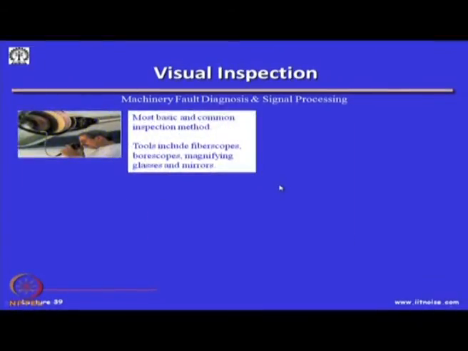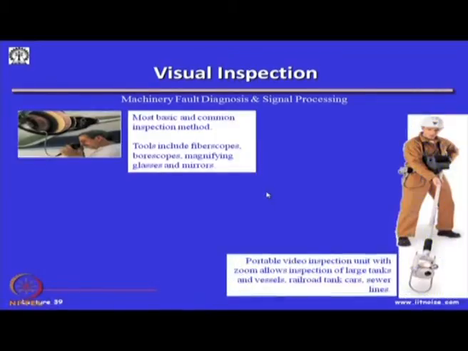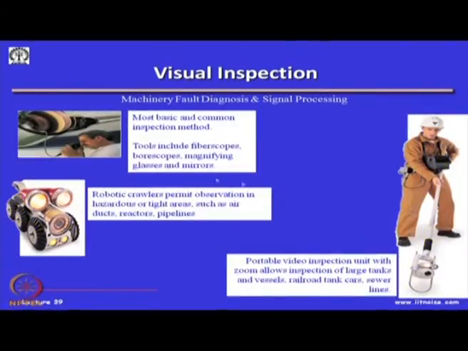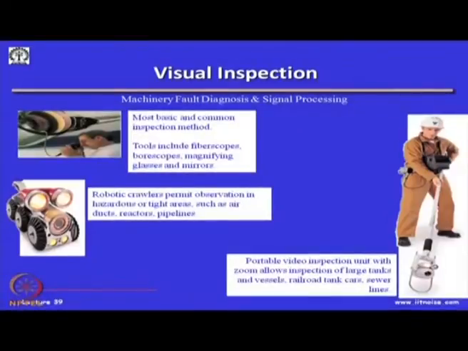Now, I will come to the last technique, visual inspection. What essentially it does is we can use boroscopes, fiber scopes, magnifying glasses and mirrors to see components which are not visible to us from the outside. So, we can have cameras built in, like when we want to do a pipeline inspection or a cylinder internal dimension check, similar to doctors putting a camera in a tube and doing a surgery. So, this kind of visual inspection is aided by